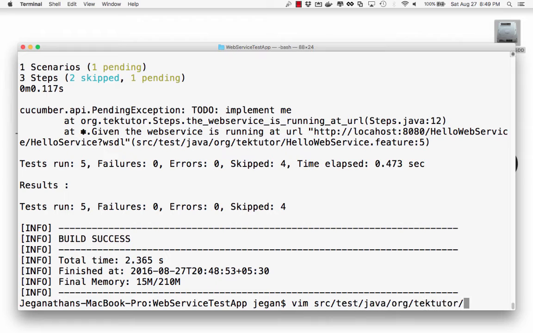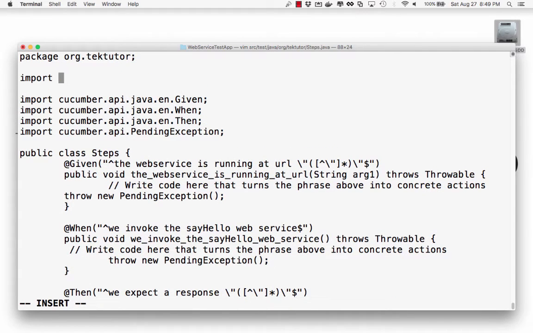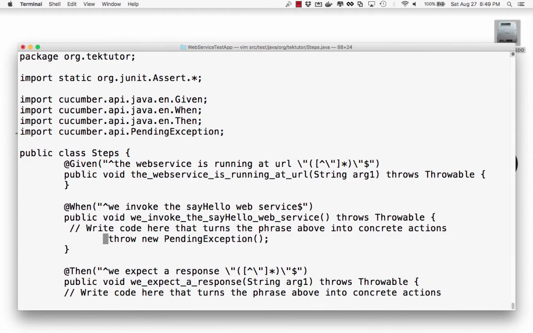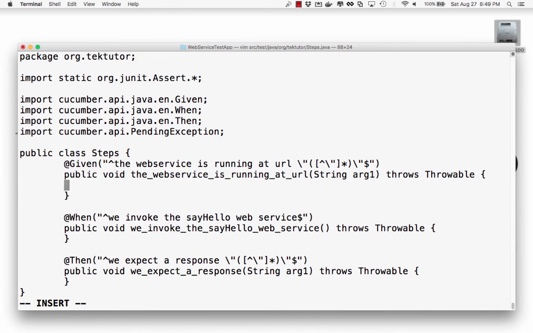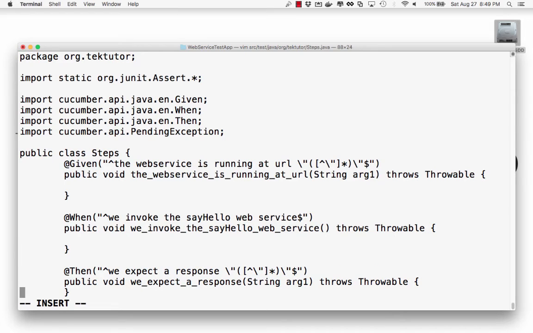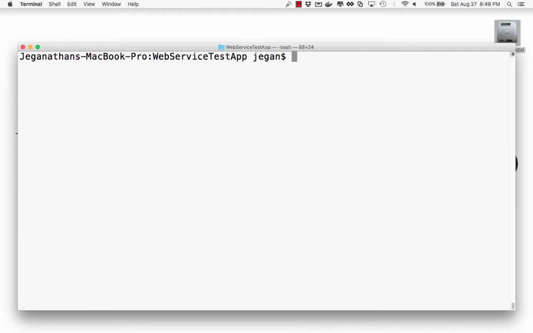So I'm going to open the steps file, and we need JUnit for this purpose. So I'm going to be importing static org.junit.Assert.*. And at this point I'm going to delete these stuffs. Okay, done. Now what I'm going to do is show you how to generate the stub classes